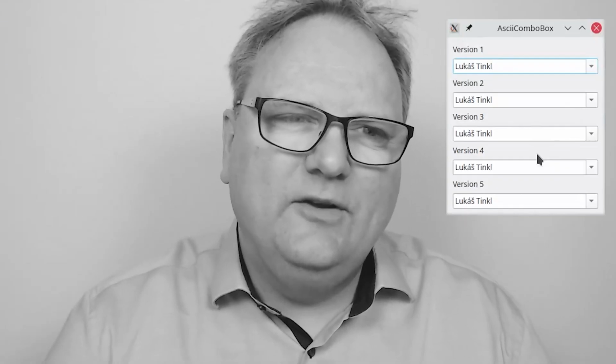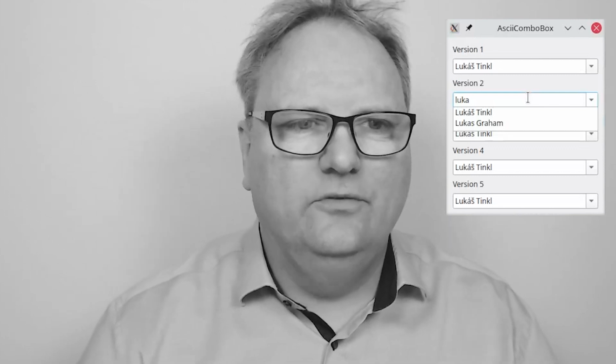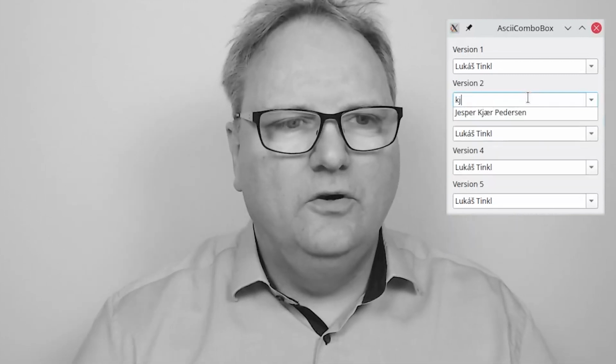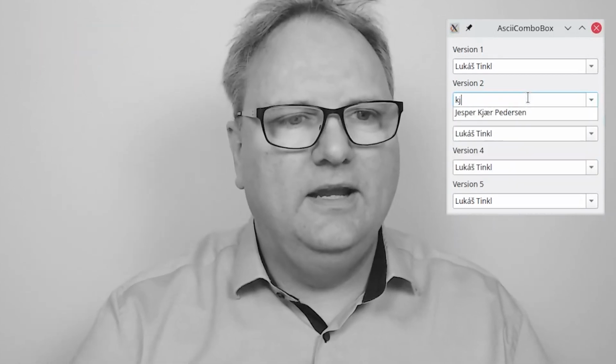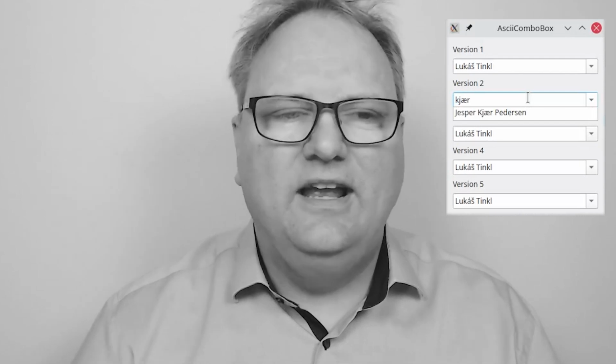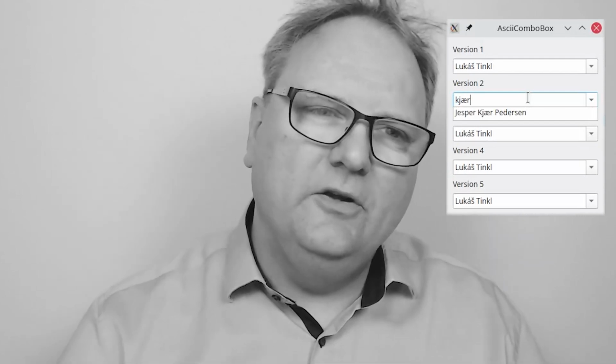Let's see what it looks like when I interact with it in the combo box here. I can now type Luka with the á and it'll still complete to Lukáš Tinkl, or I could type KJAER and it will complete to my name, or I could type KJÆR and it would complete to my name. But notice what happens when I press arrow down here to select the item and enter.